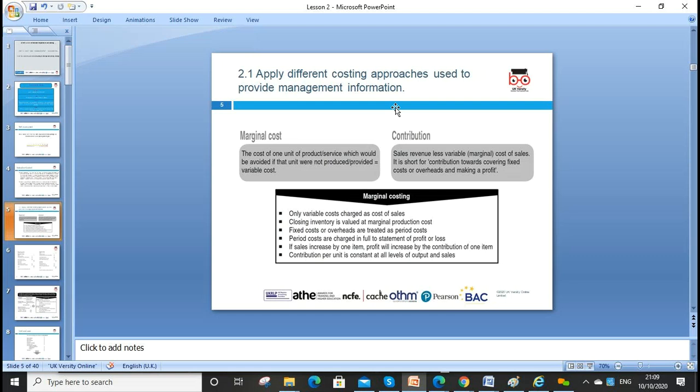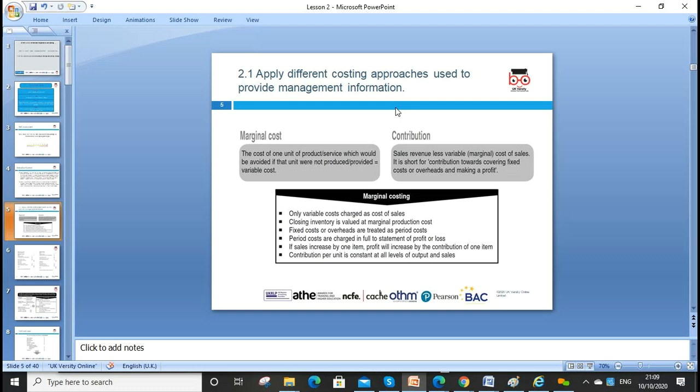Closing inventory is valued at the marginal production cost, and the fixed or overhead costs are treated as a period cost. Period costs are charged in full into the statement of profit and loss, and if sales increase by one item, the profit will also increase by the